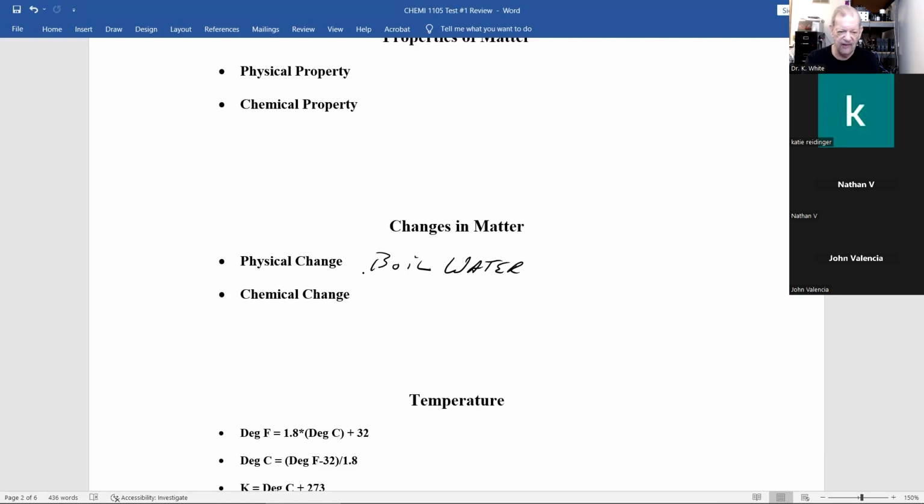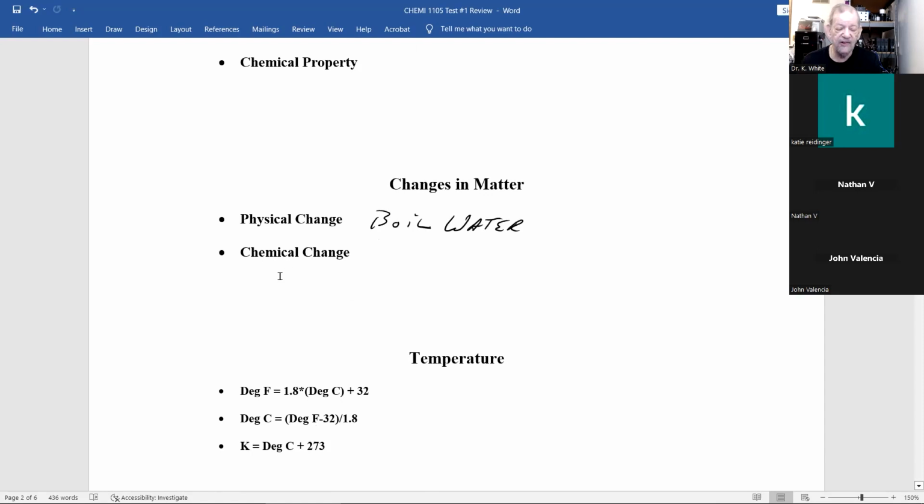Now, a chemical change is where it shows how a substance can change, the ability to change. An example would be iron can rust. You go from iron reacting with oxygen to ferric oxide, which is also known as rust. And the fact that iron can rust is a chemical change that occurs when that does happen.